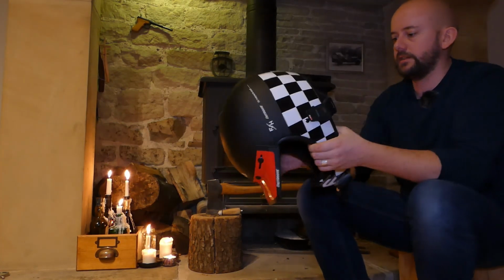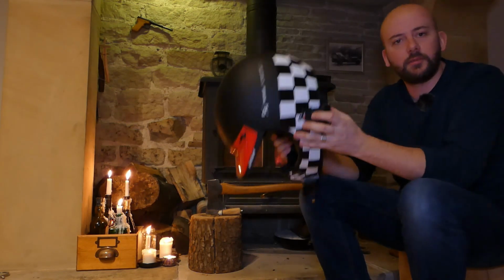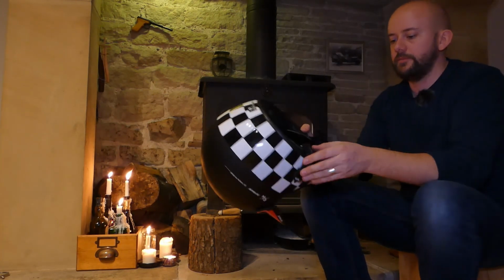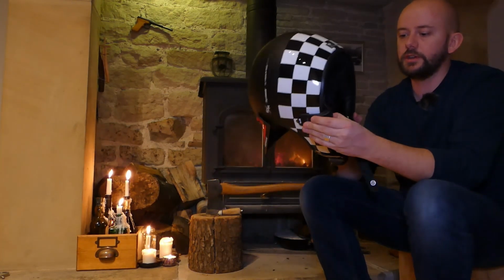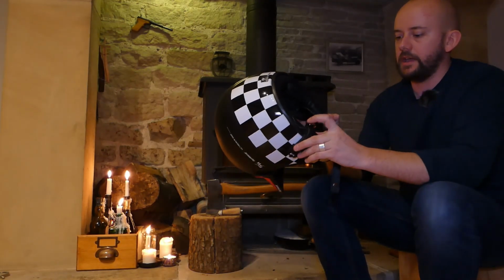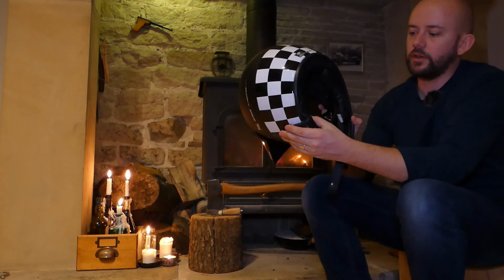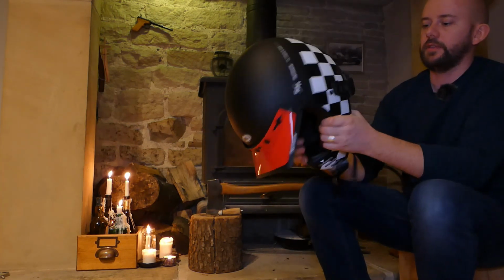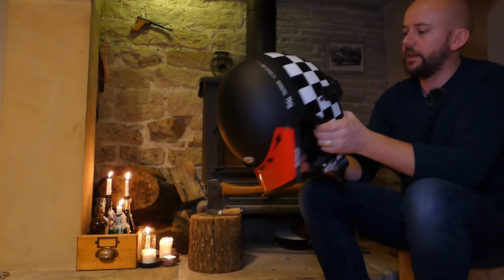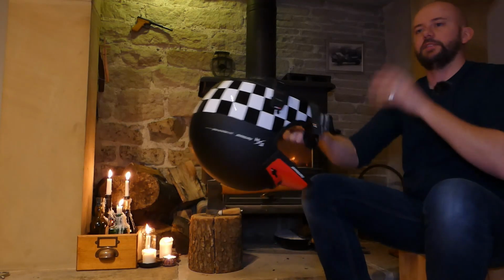Another downside I find: I've got the Sena, I can't remember whether it's the Sena 10S, I think they are. I've mounted it to this one using the clamp. I previously had it stuck to my other helmet. I had to bend the mount and get some slightly longer bolts to make it work right. That isn't a downside in itself. The downside is because of the narrow fitment of the helmet, fitting the speakers in there, although they are only very slim, I found, and I think it's just my anatomy,